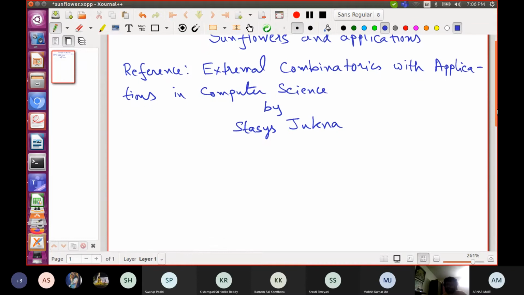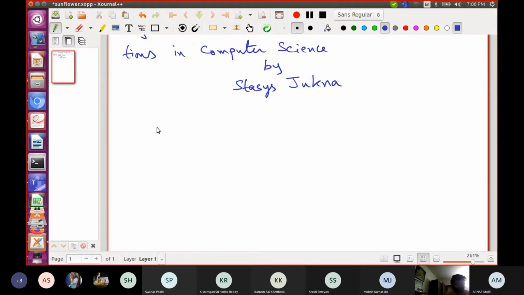Okay. So let me begin by defining what a sunflower is. You may have seen the materials posted by Arnav in the Facebook announcement of this session. Maybe before defining it formally, let me give a small example.